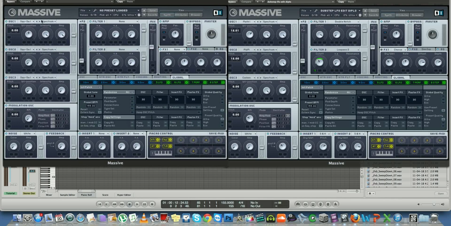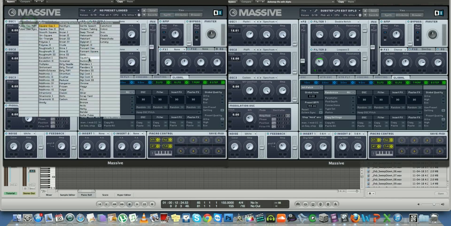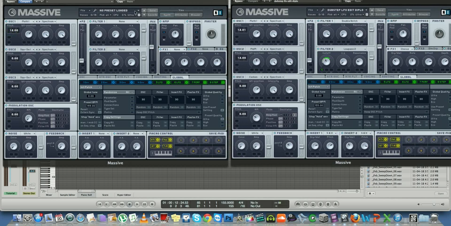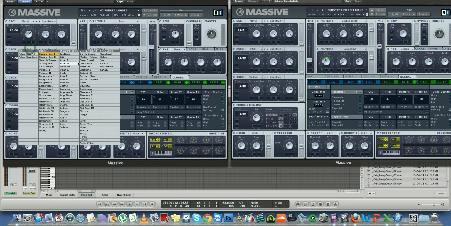So in my first oscillator here, I've got Rough Math 1, with the wavetable position slightly pointing to 1 o'clock there. Full intensity, filter all 3 oscillators down to filter 2, and pitch the first oscillator up by 12. Right, so next thing we do is we've got the second one, which is